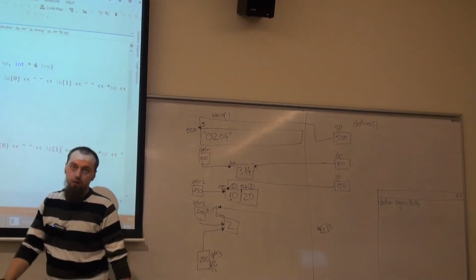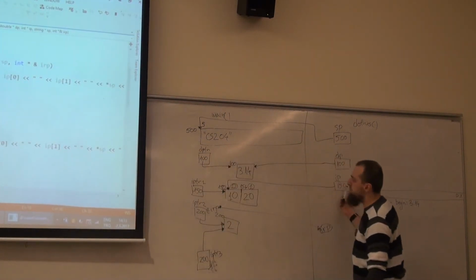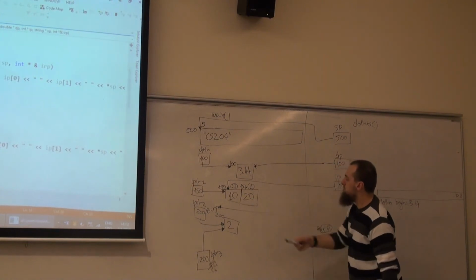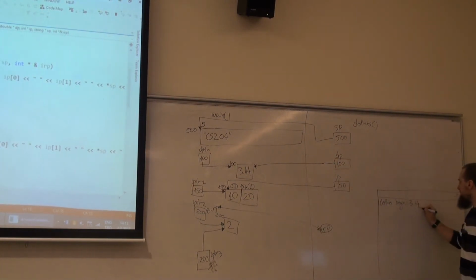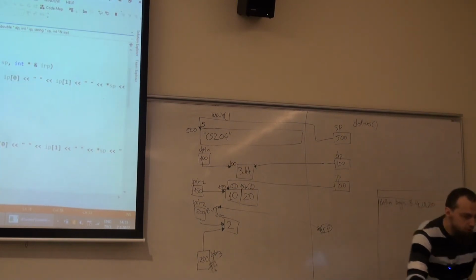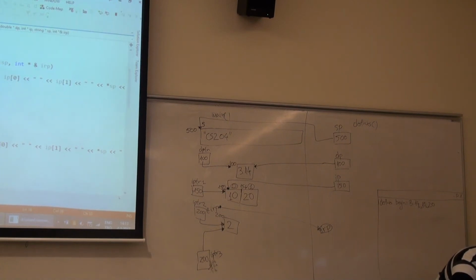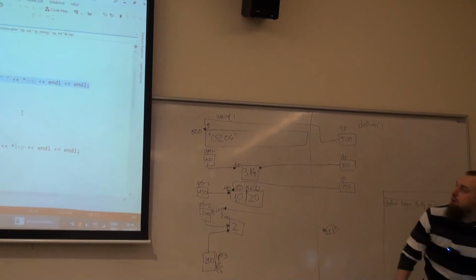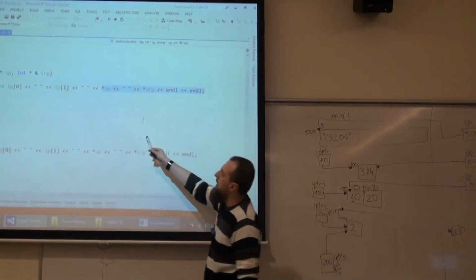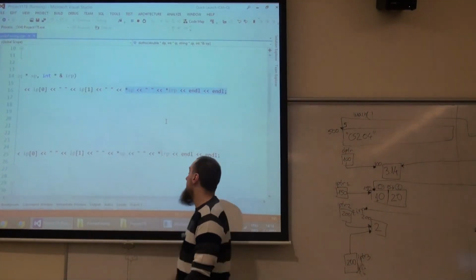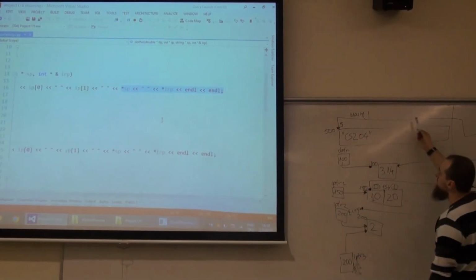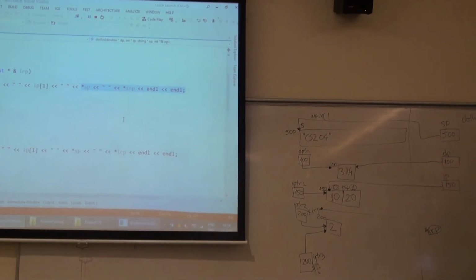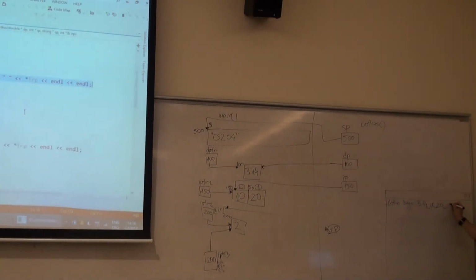IP0 and IP1. So IP0 is 10, IP1 is 20. We have an empty space here, we print 10, an empty space, we print 20. Then we print the value to which SP is pointing, okay, and SP is pointing to 500, so we print CS204, an empty space, and we have